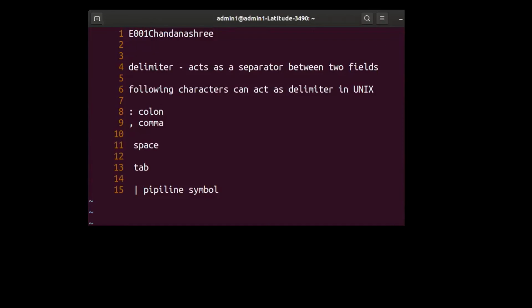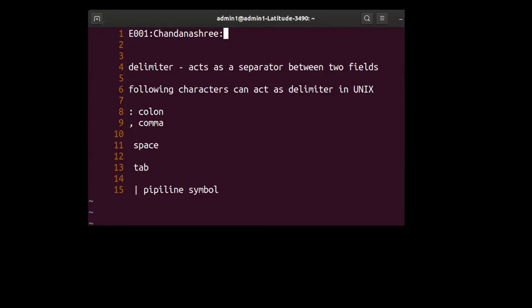So I am going to go here and put a colon here. Now watch out carefully. I have E001 followed by colon followed by Chandanashri. The first text, E001, which occurs before the first colon appears, is called the employee code, and then afterwards there is the employee name Chandanashri.